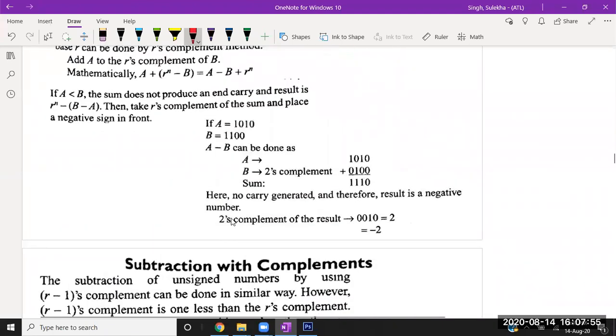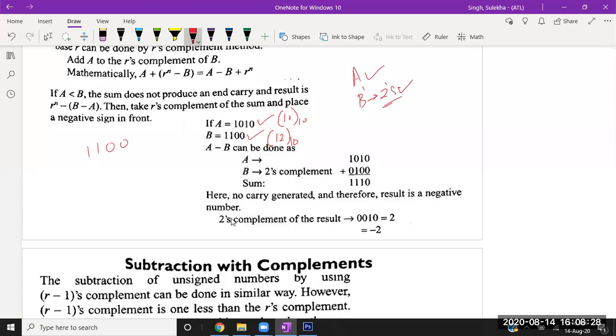So suppose I'm taking A as 1010 and B I'm taking 110. So this one is like I am taking A as 10 base 10 and B I am taking 12 base 10. In this case, we will do the same thing. We will write A as it is and we will write 2's complement of B. So we will write A as it is, 1010, and we will take 2's complement of B again with the shortcut.